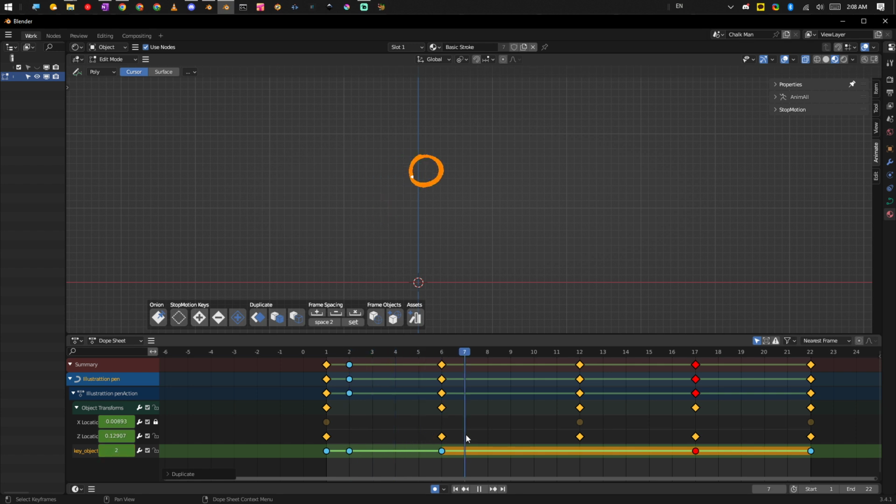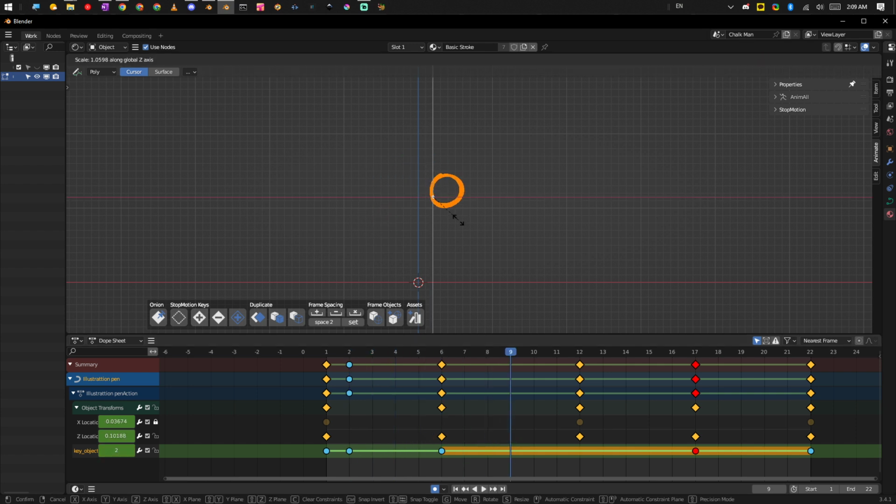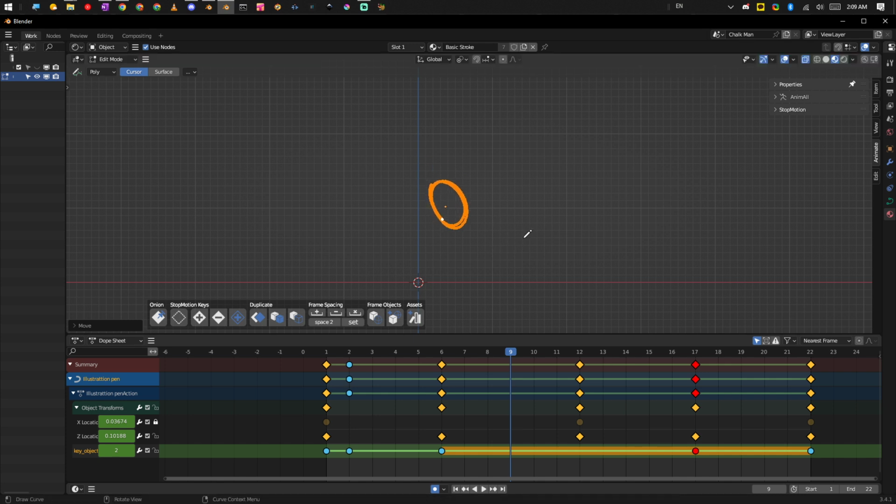And then what we want to do is we want to get that motion of where it kind of feels like it's coming down, right? So we're going to add a key in here. So it gets to there and then it comes down. Then we're going to get our keyframe added in here. So it hits our normal ball shape. And then let's say, for example, it gets to here, and then